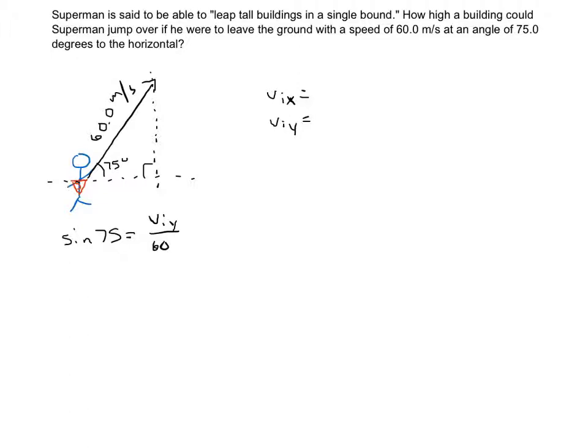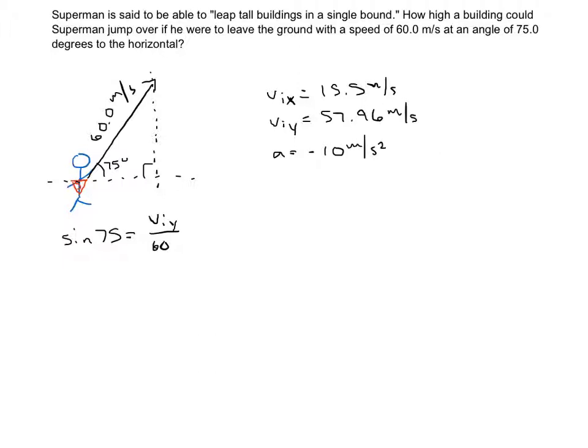And we should get for VIY 57.96 meters per second. The other one, you can use Pythag. You can also use cosine to find VIX, and it would be 15.5 meters per second. The other things that we know here, we know its acceleration is negative 10 meters per